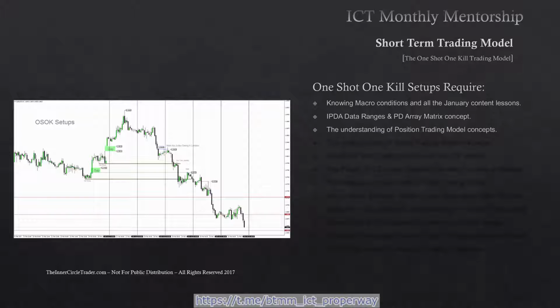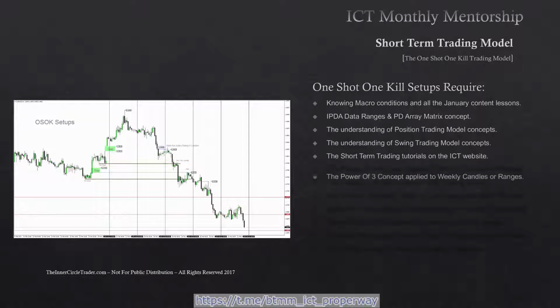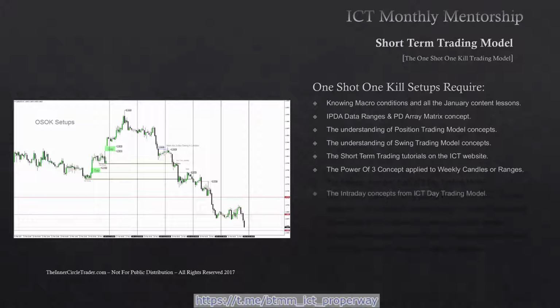You need an understanding of position trading module concepts. You need to understand the swing trading module concepts, the short-term trading tutorials on the ICT website, the Power 3 concept applied to weekly candles or ranges, and I'll talk about that in a few moments, the intraday concepts from ICT day trading modules,